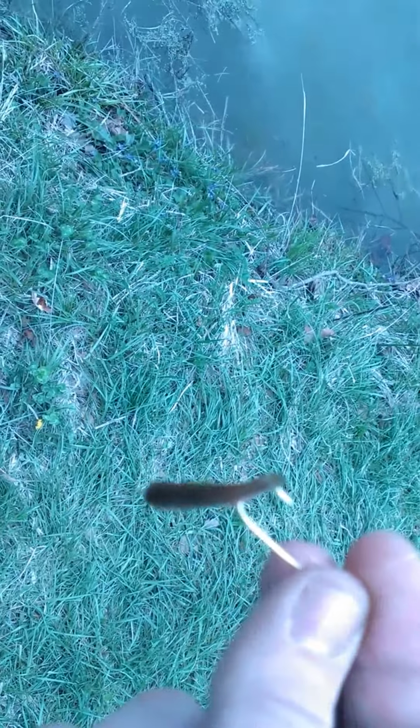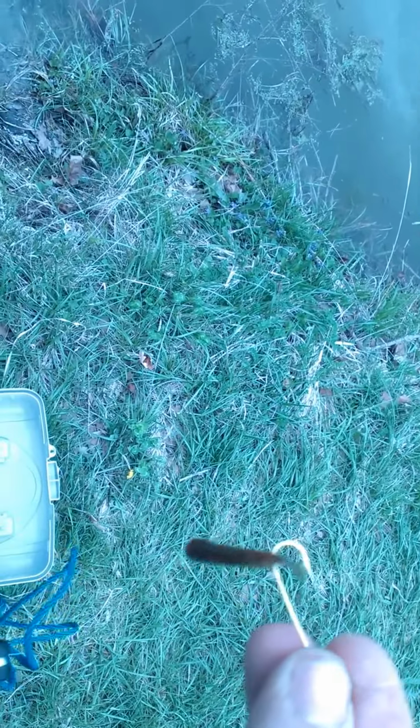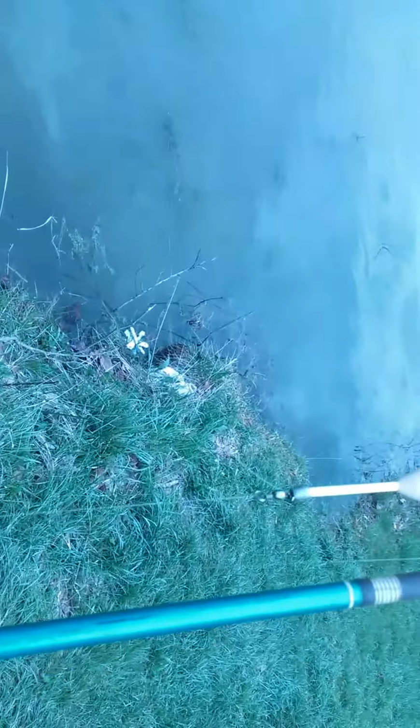But yeah, if you're gonna minnow fish, I suggest, if you're gonna do your own rig, that's cool. I messed around trying to figure out what was the best rig for me, and this works out really well because